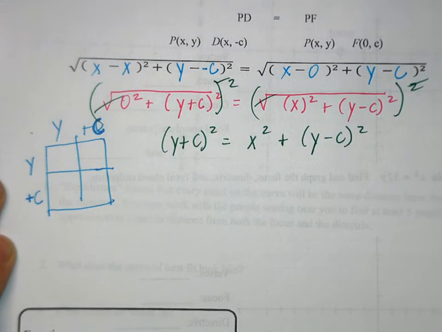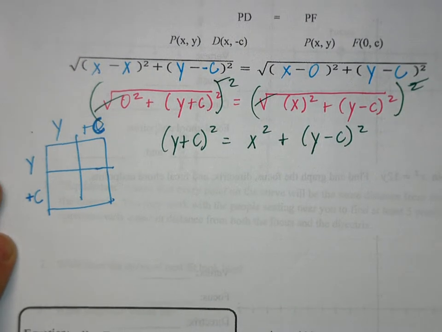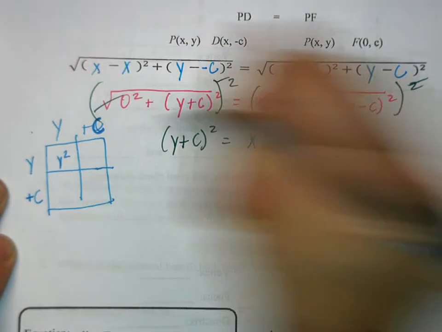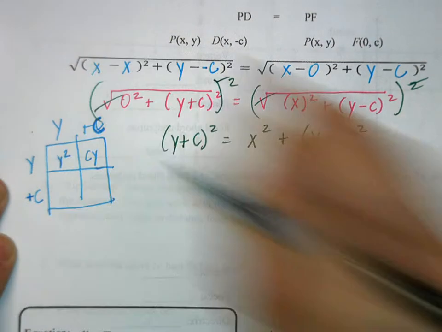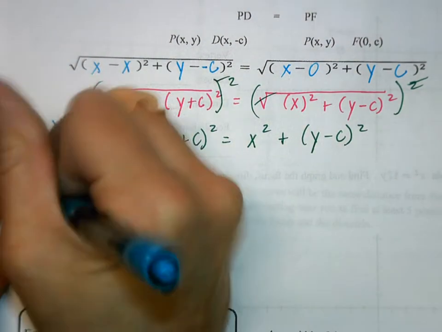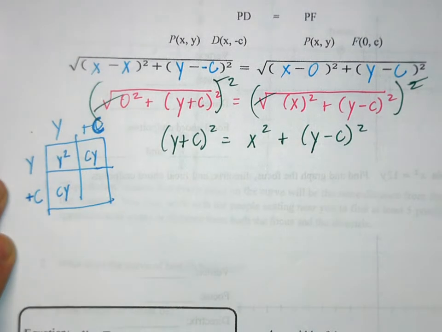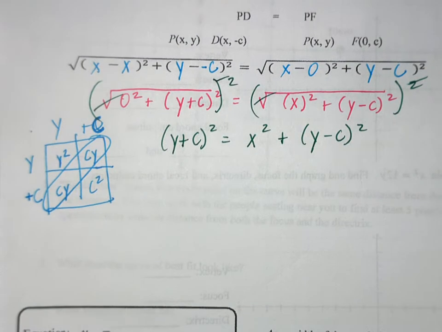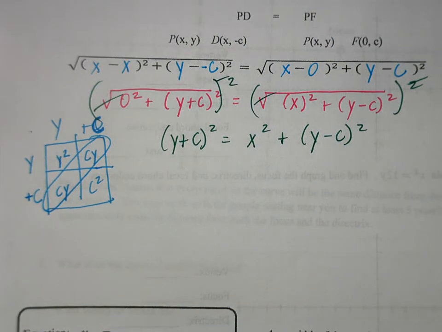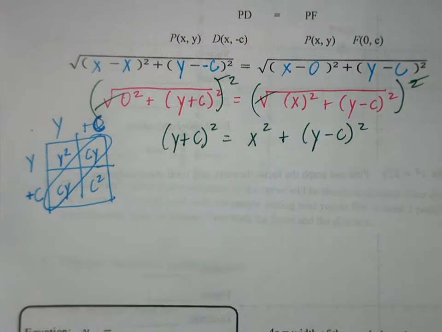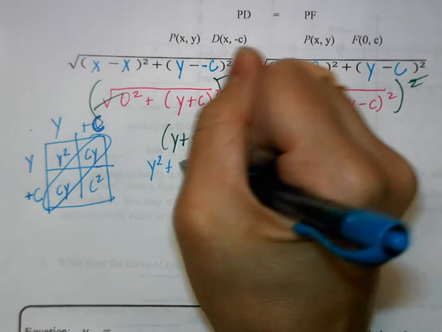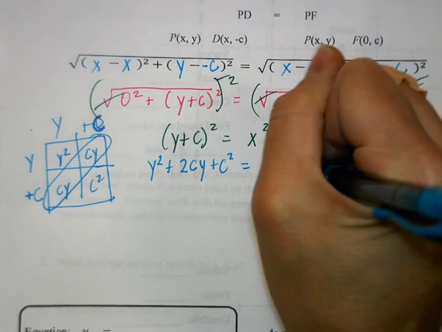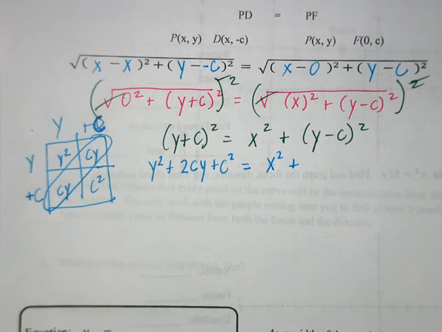Better? Good catch. Okay, y times y is? Good. Y times c is? Good. Y, or c times y is still? cy, and then c times c would be? Okay. These are both like terms. If they're both 1 cy's, my middle term will end up being a 2 cy. So we're going to write this out. We have y squared plus 2cy plus c squared equals x squared plus, now for this one, all I need to do is make these